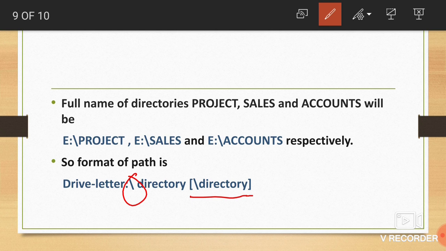जो फर्स्ट बैक स्लैश रहती है वो क्या रहती है? इट रेफर्स टू द रूट डायरेक्टरी और उसके बाद जो नंबर ऑफ बैक स्लैशेस आते हैं दैट विल सेपरेट द डायरेक्टरी नेम फ्रॉम द प्रीवियस वन. ओके, बैक स्लैश से क्या हो रहा है? डायरेक्टरी नेम सेपरेट हो रहे हैं. ओके,